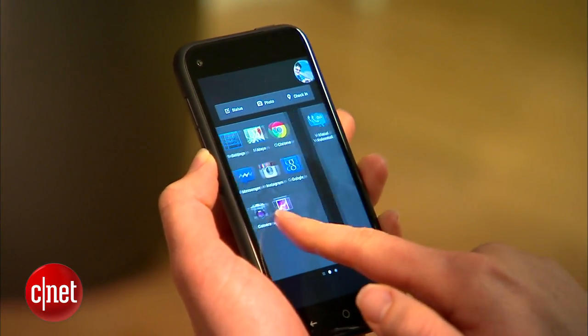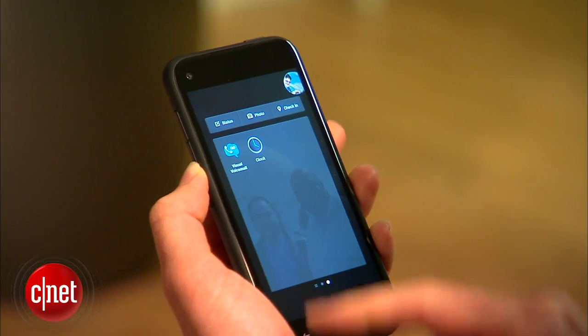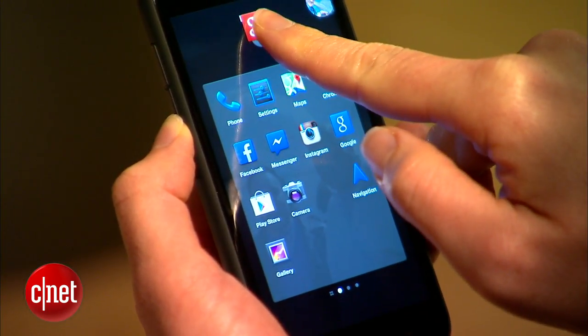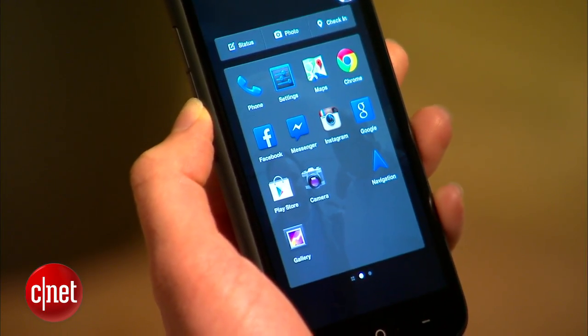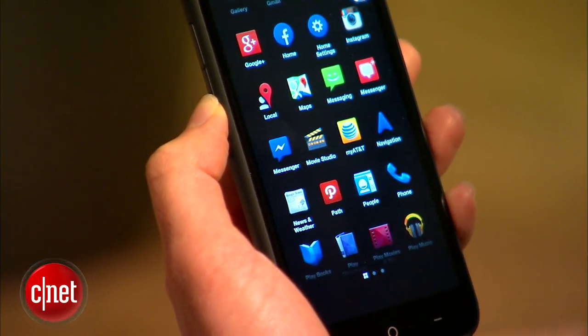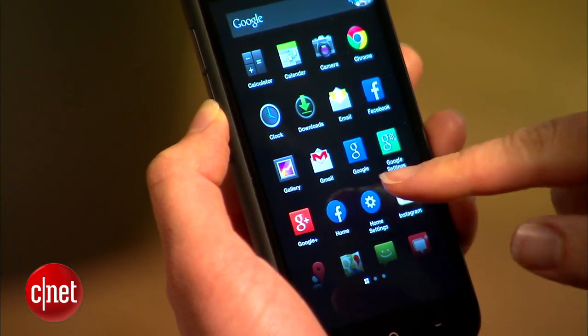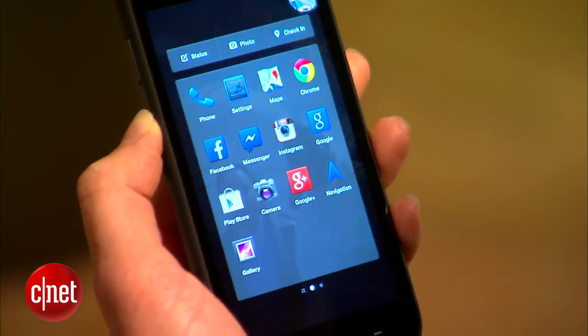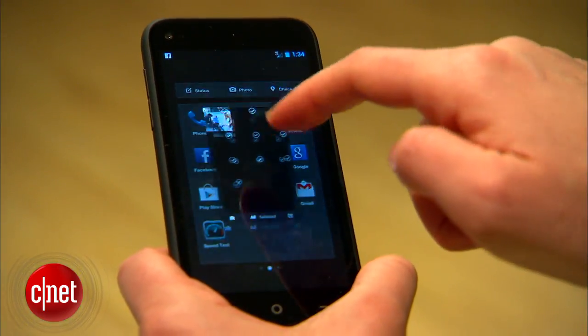What you see is an app launcher. There are shortcuts to all of the apps that you want. You can drag and drop apps on or off if you want to remove them. You can have as many app launcher pages as you want. To see a full list of apps, you swipe over to the left and you've got a vertical list right there. From the launcher, you can update your Facebook status, check into a location, and upload photos through a specific